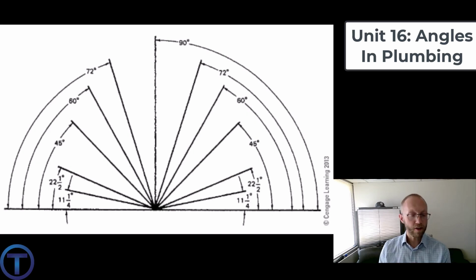A couple of interesting notes here from the book. Smaller pipes, that's 1.25 inches and smaller, for the most part, only have 90 and 45 degree fittings. But when you get into larger pipe sizes, now think drainage, 1.5 inch pipe, 2-inch pipe, 3-inch pipe, and bigger, you can buy 60 degree fittings. You can buy 22.5 degree fittings,